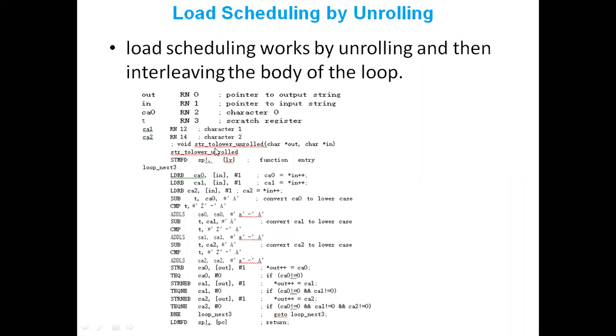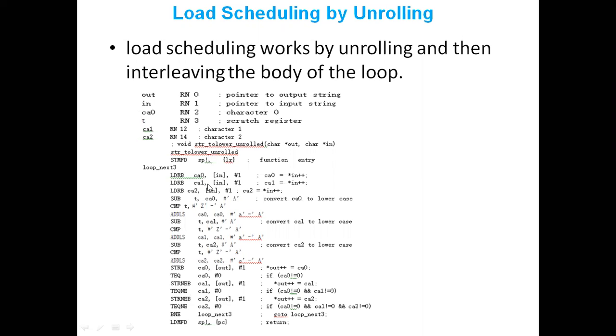I'm just making use of the stack pointer. Once you read each value, it will be pushed on the top of the stack. So come to the loop here. In the first instruction, you are loading the first character into CS0. CS0 is nothing but register number 2, and